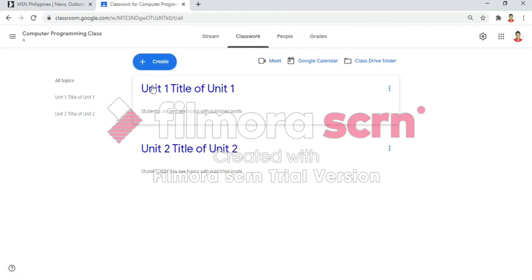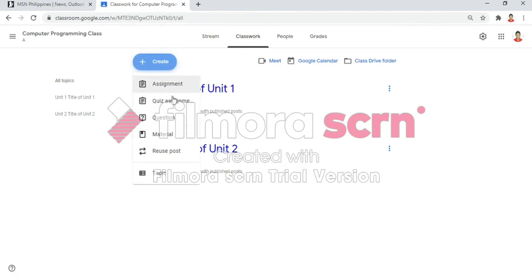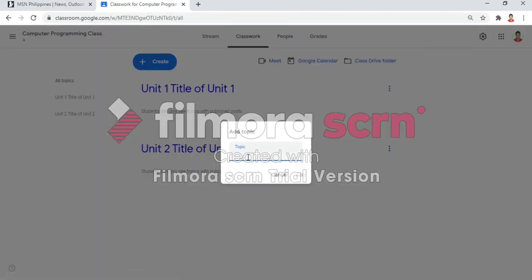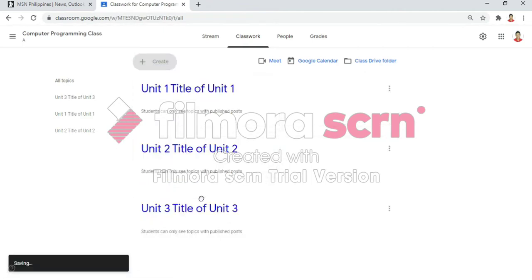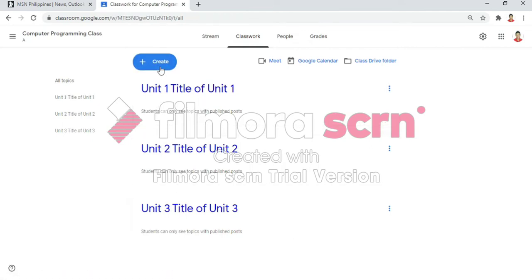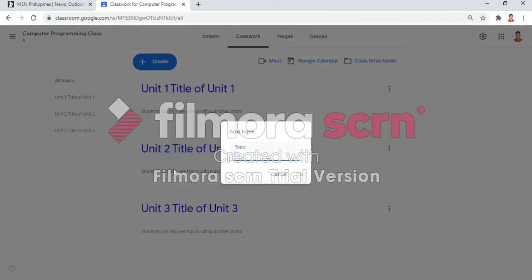Then we will create another unit. Click topic, type Unit 3, title of Unit 3, click Add. Another option would be you can drag this one, click and move. That's another way of moving our unit. Then create another topic, Unit 4, title of Unit 4, click Add,